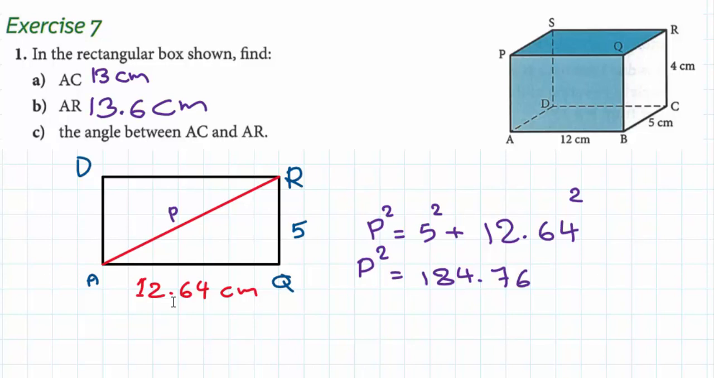AR, which is the diagonal of this rectangle. AQRD is a rectangle, and AR is its diagonal. Using Pythagoras theorem, we found AR. And the third requirement in the question is the angle between AC